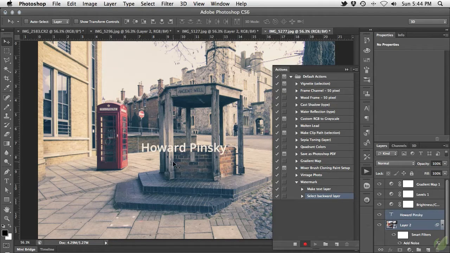With that done, grab your Move tool or shortcut V and direct your attention towards the options bar. The first 6 options are going to help us align the text based on the bounds of our image. As I want the text in the bottom left hand corner, I'll start with the Align Bottom Edges button, which will align the text to the bottom edge of our image, and then use the Align Left Edges button to